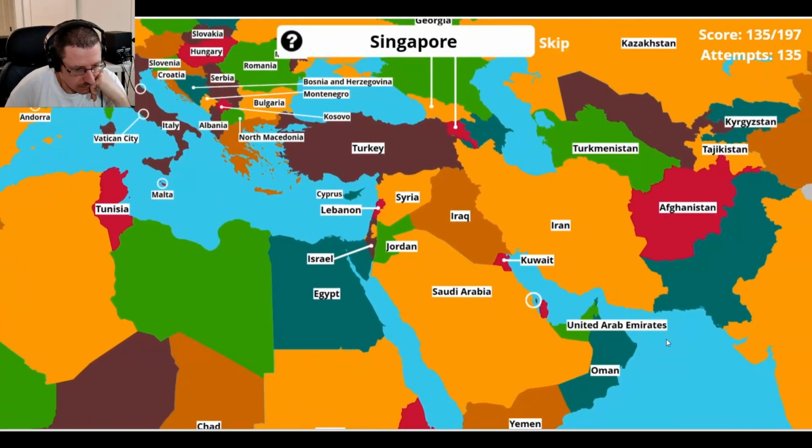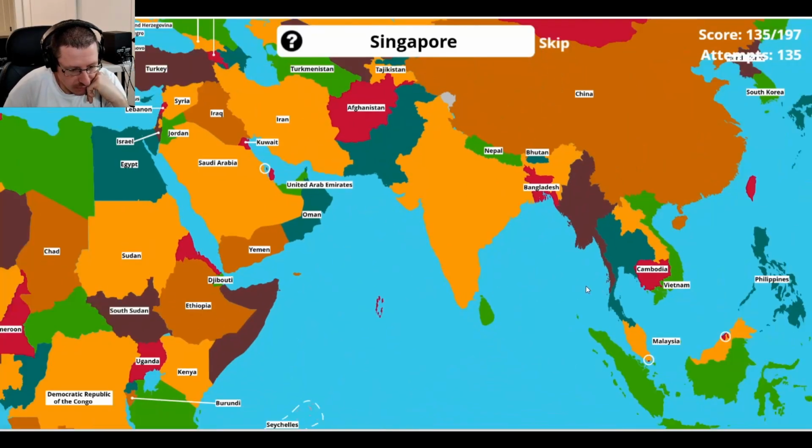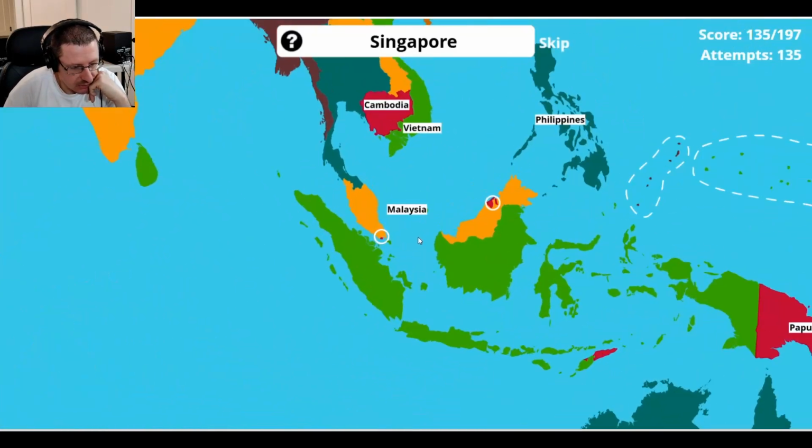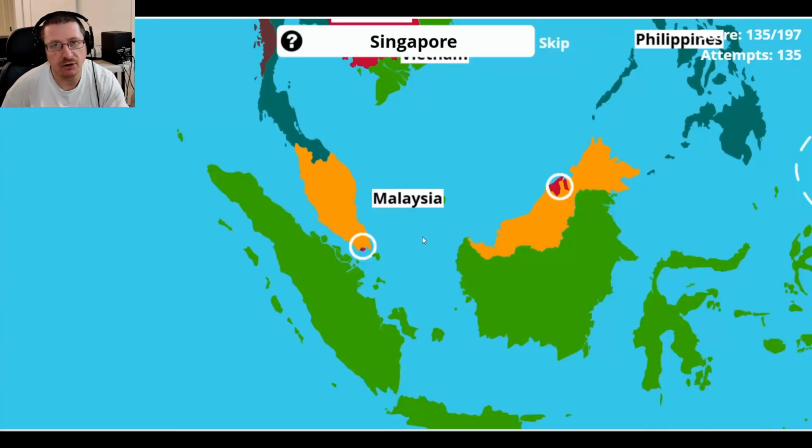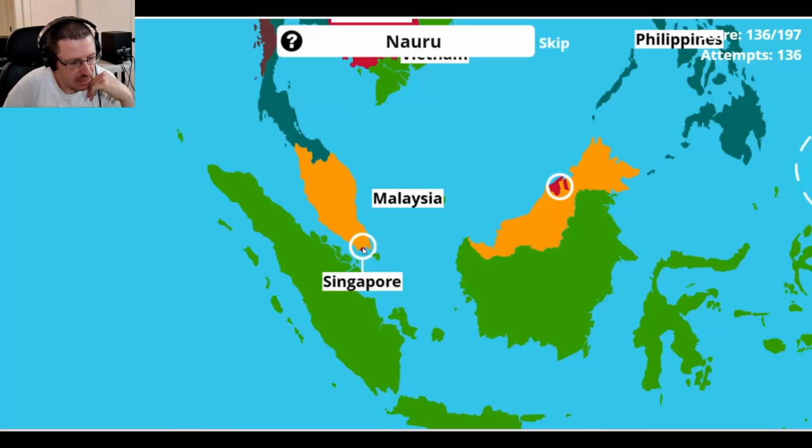Singapore. You'd think, oh, Singapore. You guys have probably heard of Singapore, but did you know it's just a tiny little dot next to Malaysia? That's Singapore. And last that I looked, it has the world's fastest internet. Is it still up to date? I guess it's 2026 now. But that's Singapore right there.